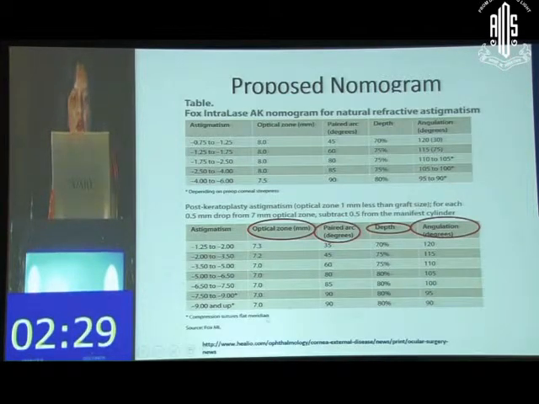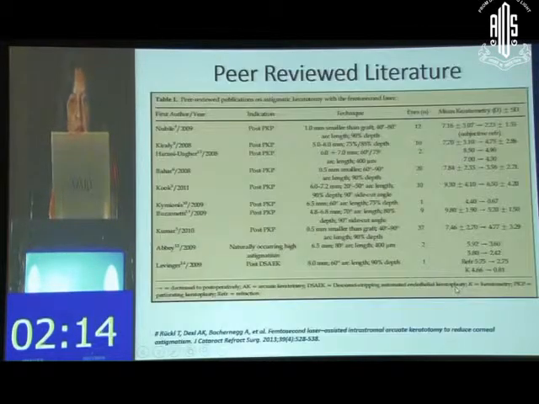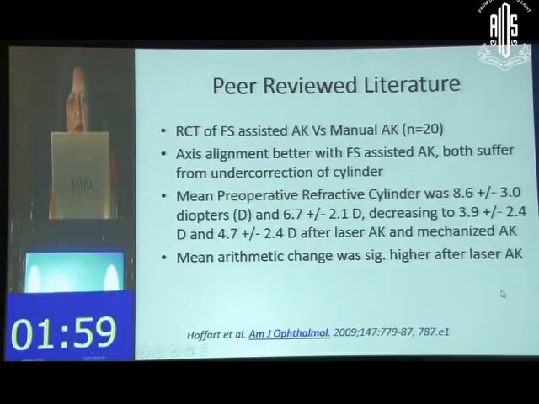There are nomograms specially for this, such as this, which is available online, which depends on the amount of the optical zone that is there, and the degree of the paired arcs, the depth at which they should be done, and the angulation in degrees. If you see the various studies in literature, all of them are anecdotal case reports or case series, and in most of the cases where this was done, the mean keratometric value has decreased to less than 4 diopters post-operatively.